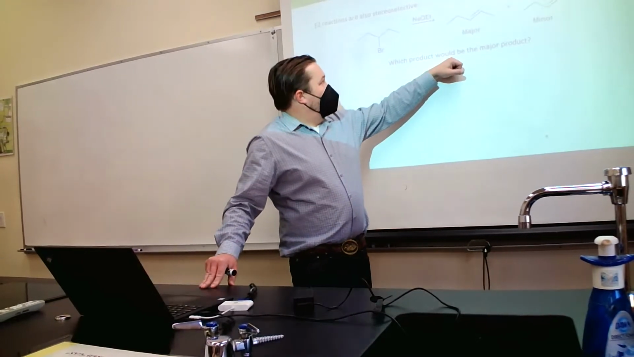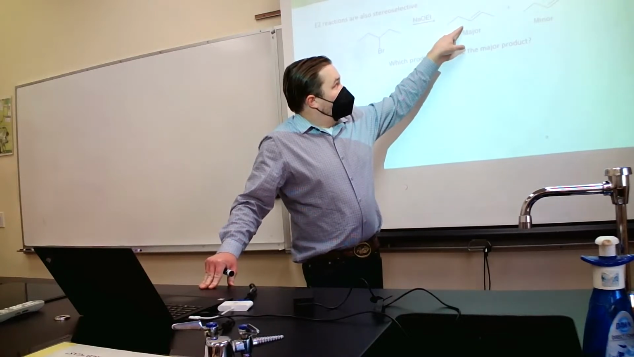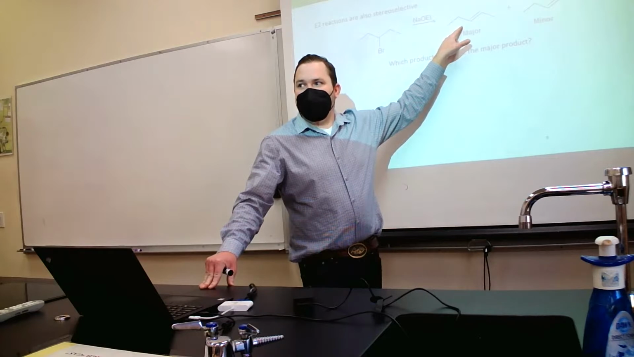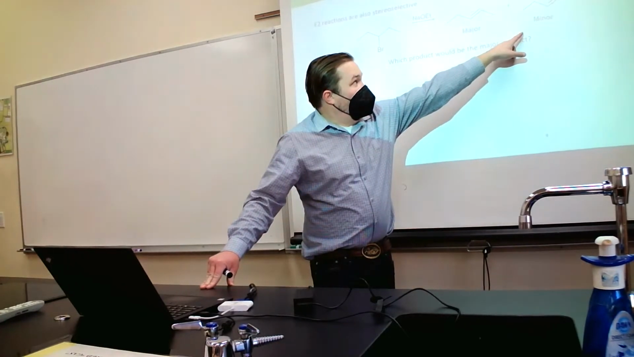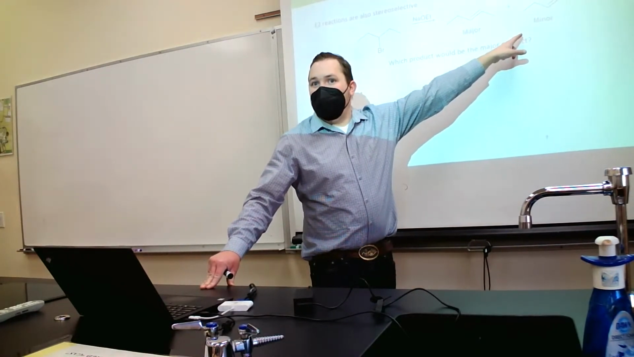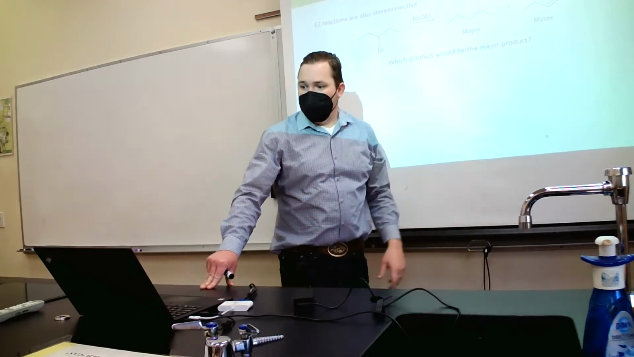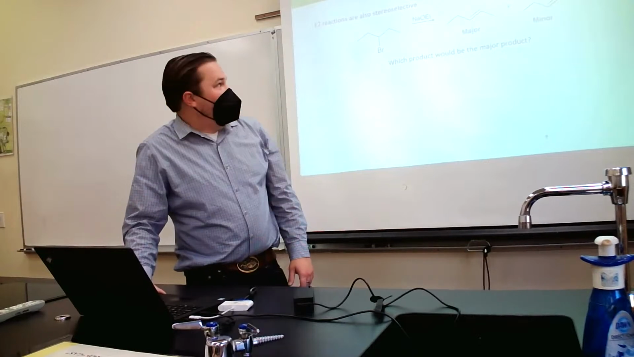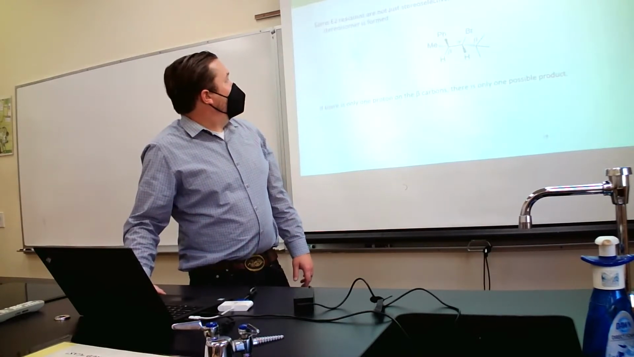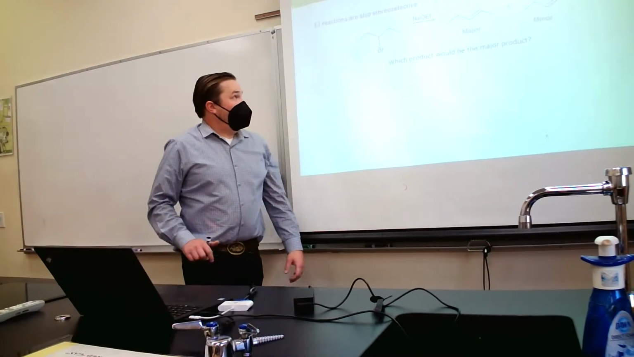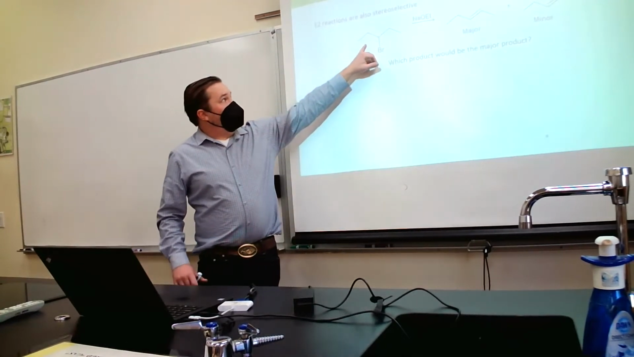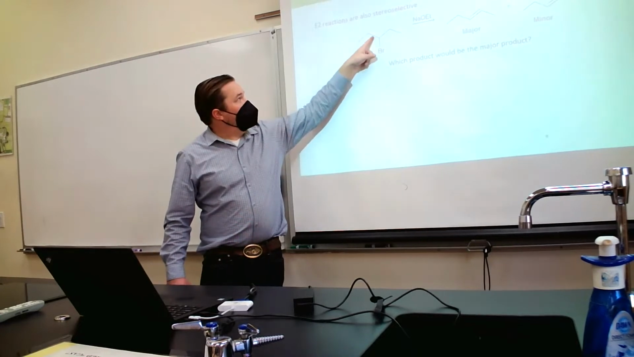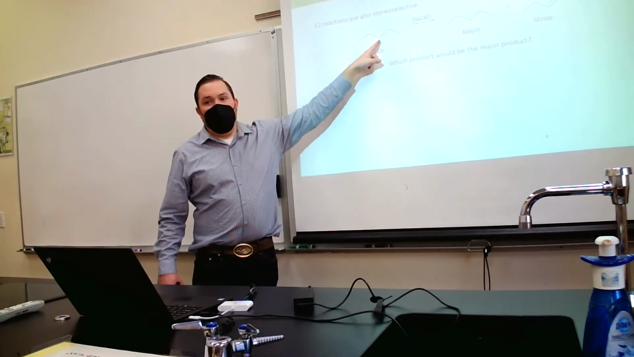So in this case, we get the trans product, the E product is the major product. And the minor product would be the Z, or the cis isomer. And we can predict that by looking at what the Newman projection looks like for this molecule. If we look down this bond,